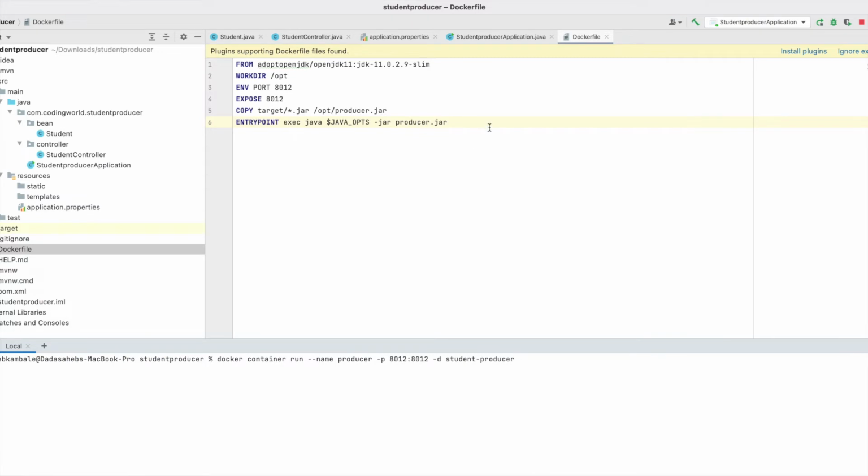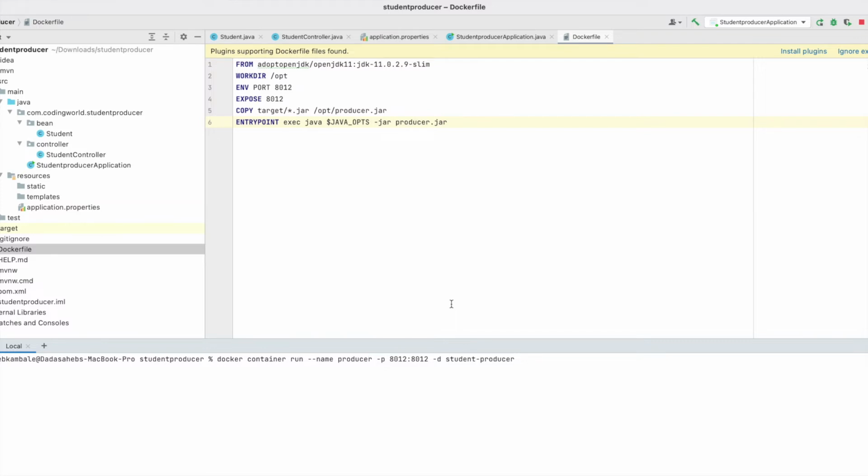So let's run our student producer first and then we will run the consumer. But if you see here, I have given one more parameter, that is producer, because we are naming that container and we are calling on the basis of name instead of IP address, because the IP address can change whenever you deploy from one place to another, and changing that IP in your consumer would be difficult.